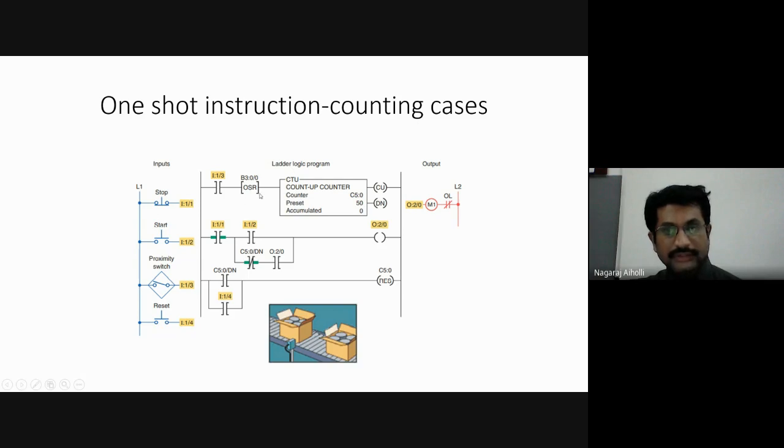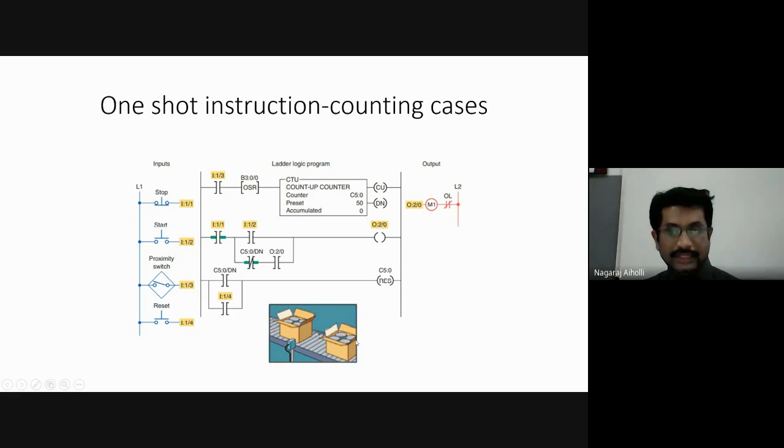So this one-shot instruction will remain on for what time? For up till one program scan time, up till this entire program is scanned. It is going to remain in the high state, and then as it becomes low, the accumulated value is reset to 0 after the OSR is deactivated. It is de-energized. The up counter starts.